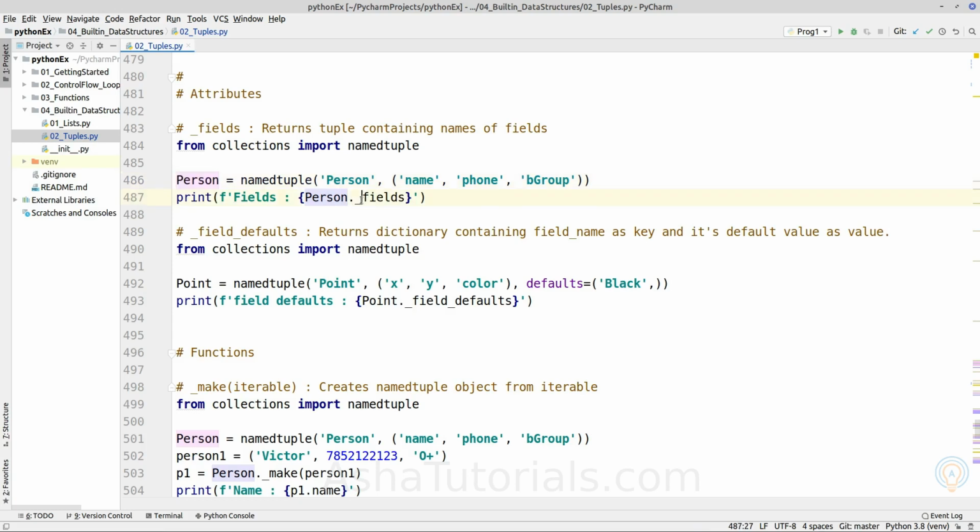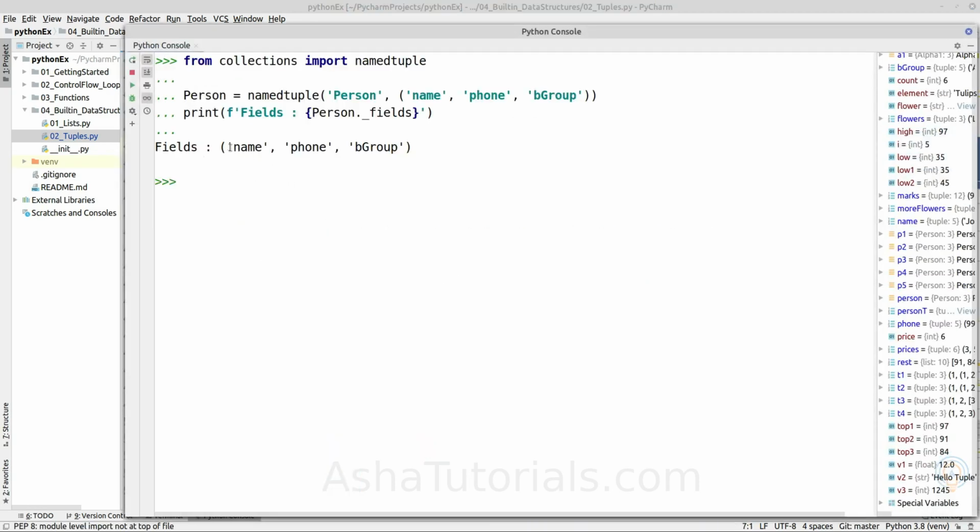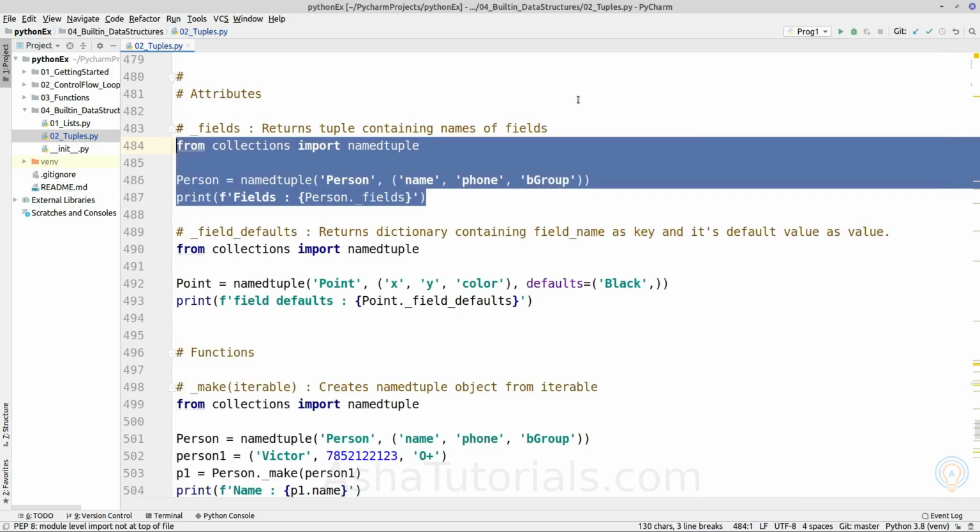If we invoke underscore fields, _fields, on a given namedtuple class, it will return the fields which are passed to the constructor. As we can see, this is the tuple object which we passed to the constructor of the namedtuple.